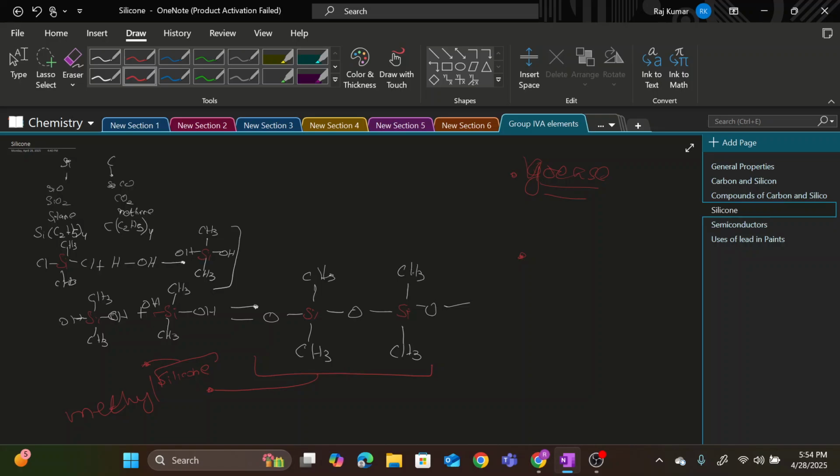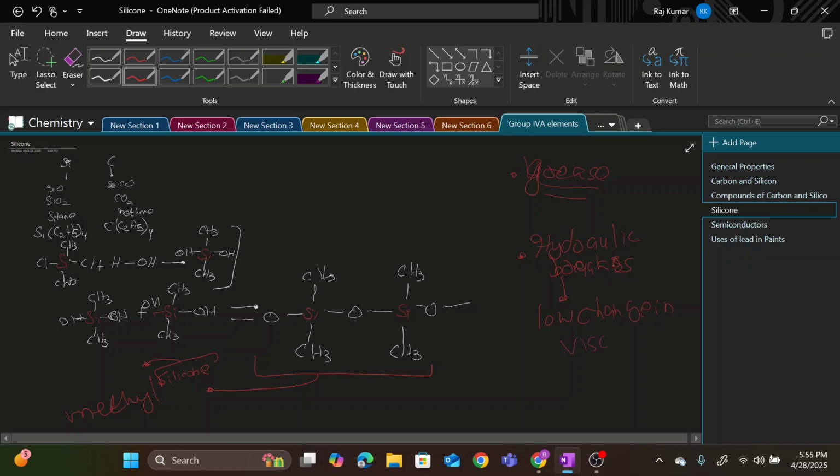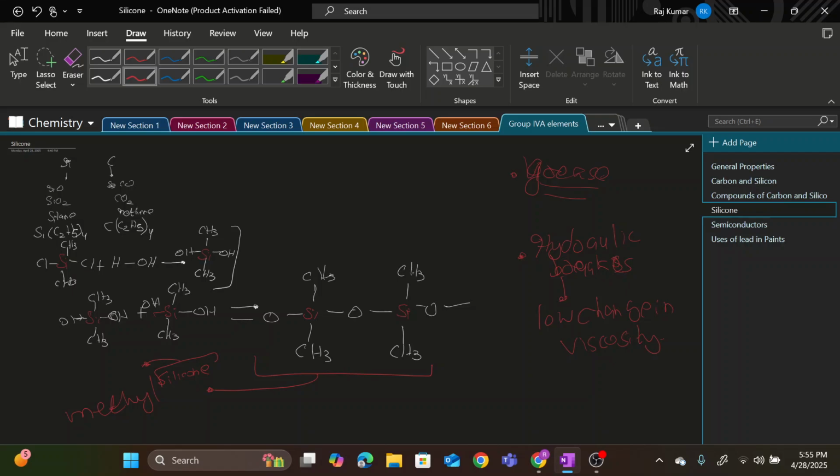in hydraulic brakes, and it is used in hydraulic brakes as well as in hydraulic systems because it is having low change in viscosity, such that if we are going to increase the temperature of a petrol by 100 centigrade, then the viscosity would also be decreased